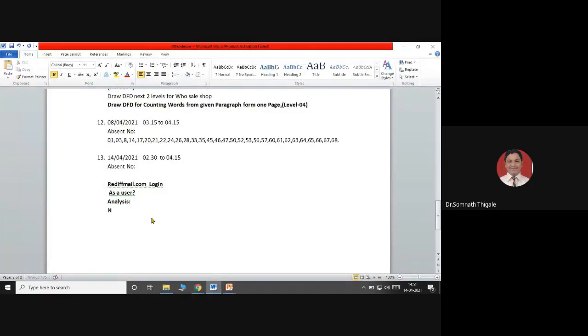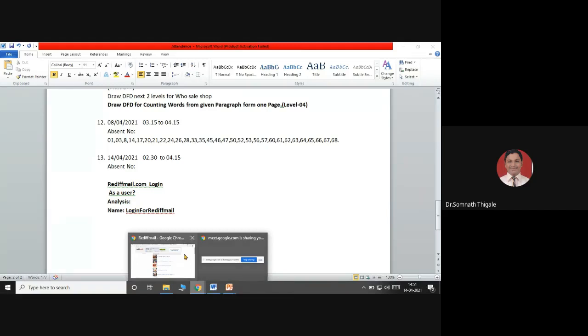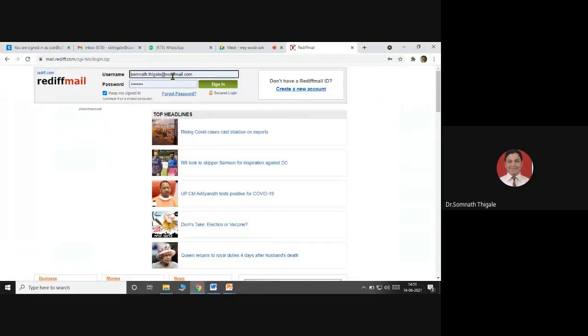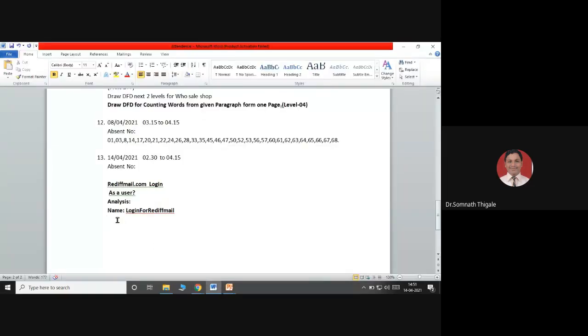So I can define it in a simple way. First part is a name. So I want to perform login for Rediff mail. The name I have given. Okay, what will the second step be? Are you getting what I want to say? Whatever I am doing right now, I just want to write the document for this. I will enter my user ID, I will enter my password, and I will click on the submit button, or the sign in button. So I just want to make the documentation for the same. I have given the name of the activity, login for Rediff mail.